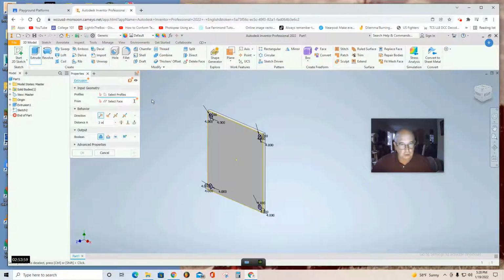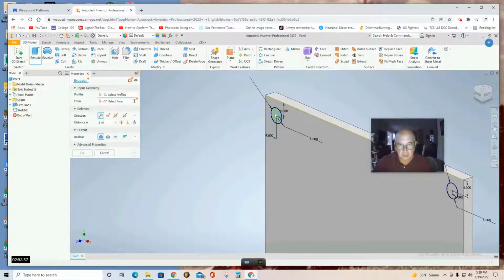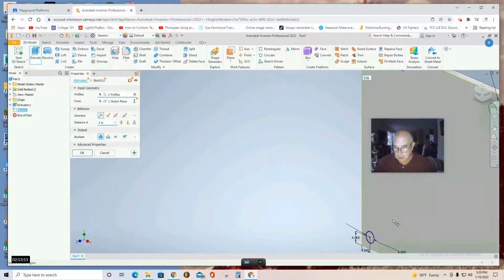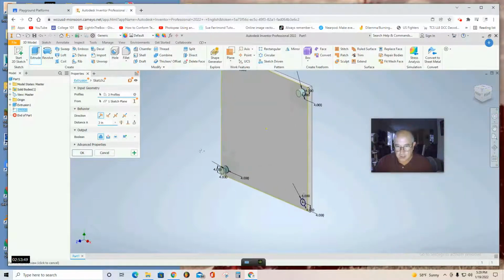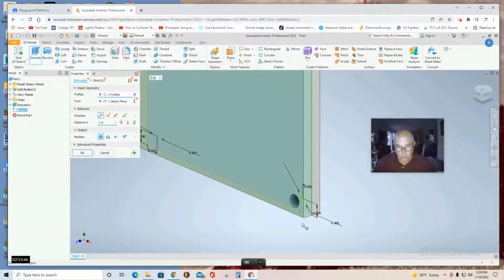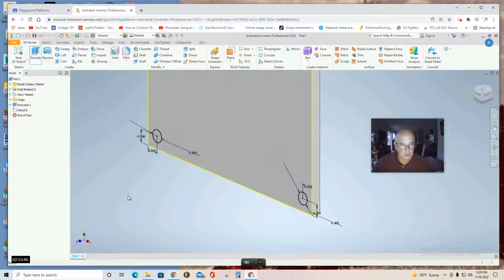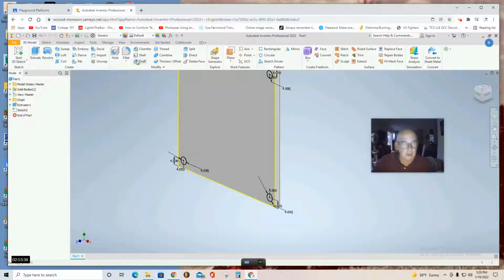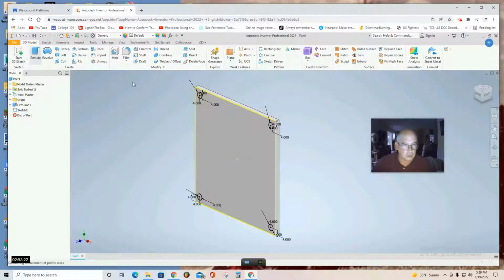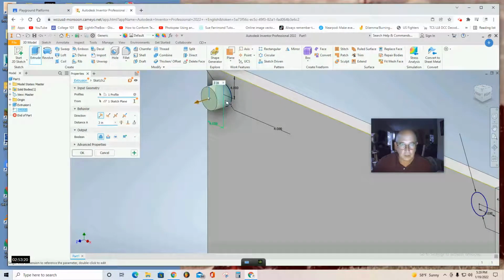Use the extrude tool. You want to select 1, 2, 3, 4. Oops, I did it wrong. That's a mistake. Go back, Control Z. If you make a mistake, just click cancel. Try it again. Extrude. 1, 2, 3,